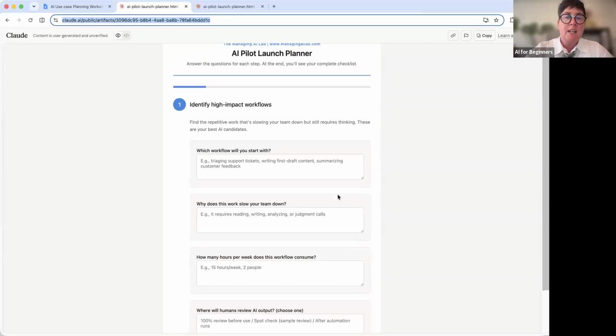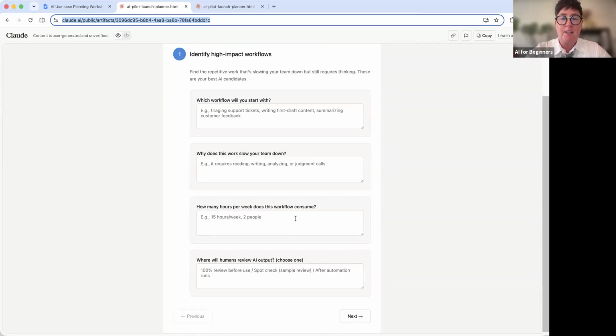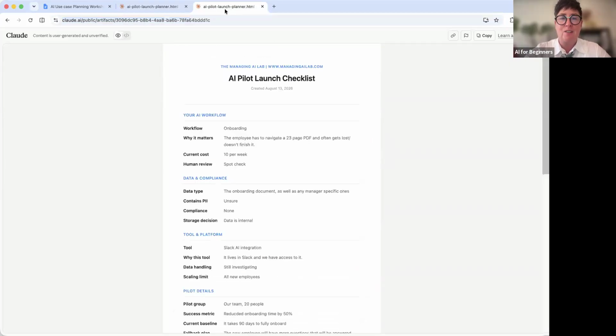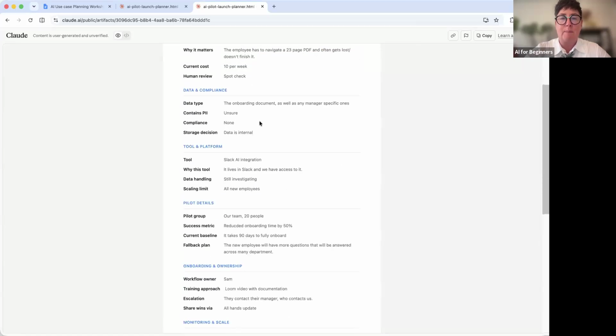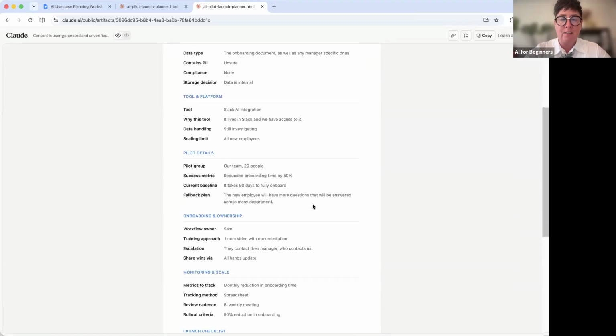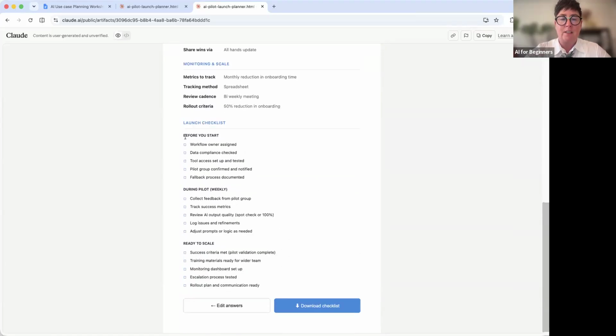And basically what it does is it takes you through a bunch of questions. Some of them are similar to what we've just answered on this first page, but it helps you thinking about things like data, measurement, who the pilot group is that you're going to test with, and so on. So when you fill this out, you will get a checklist and it's going to go over your answers and keep it all in a nice little place right here. And then it's going to give you a checklist of things to consider before you start. So before you start, during the pilot, and when you're ready to scale,